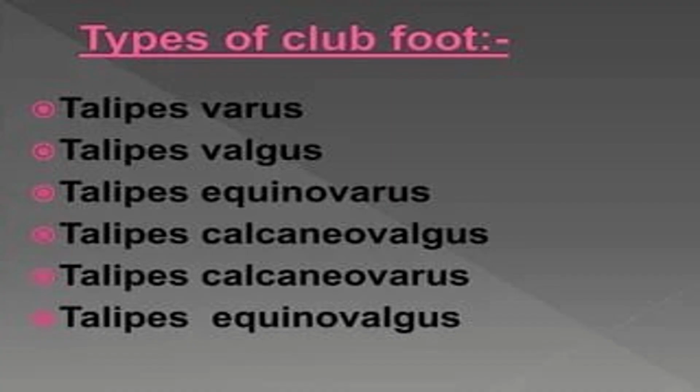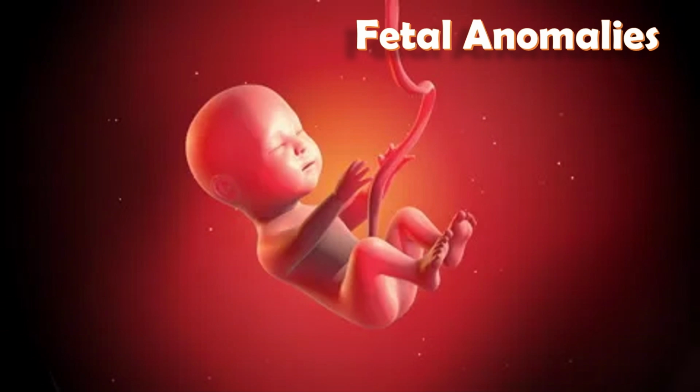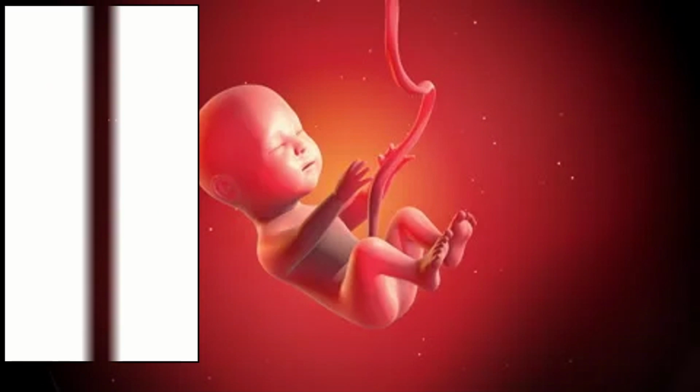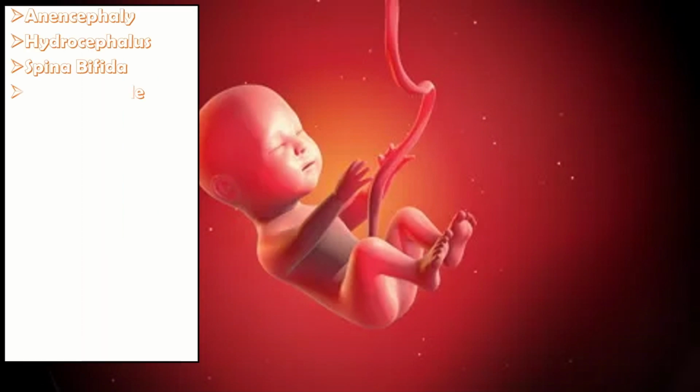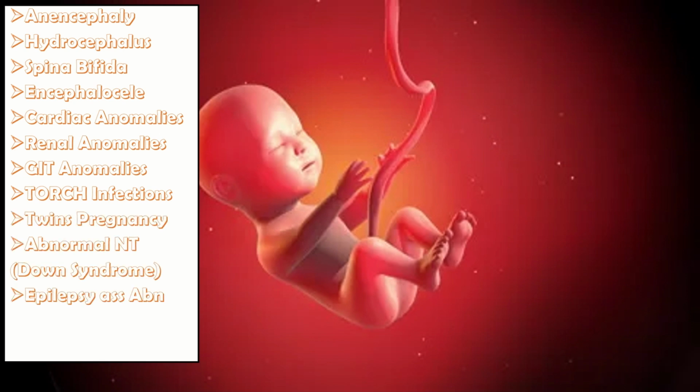The different types of clubfoot include Talipes varus, Talipes valgus, Talipes equinovarus, Talipes calcaneovalgus, Talipes calcaneovarus. Talipes equinovarus is one of the fetal anomalies. Here we have a list of other fetal anomalies which include anencephaly, hydrocephalus, spina bifida, encephalocele, the cardiac anomalies, the renal anomalies, GIT anomalies, the TORCH infections, twin pregnancy, abnormal nuchal translucency which occurs in Down syndrome, epilepsy associated abnormalities,